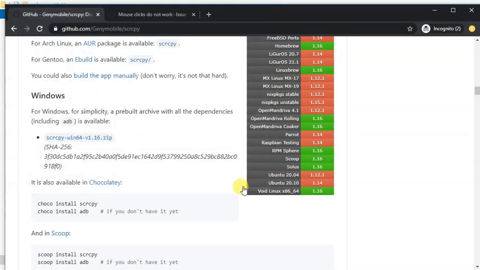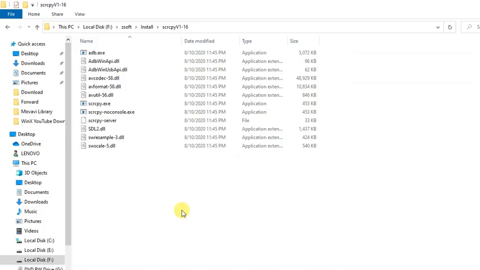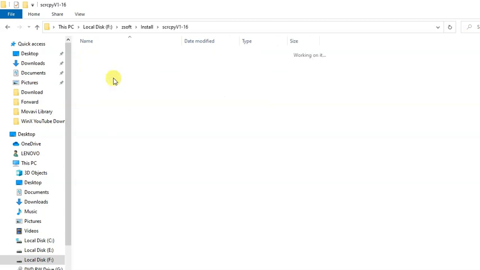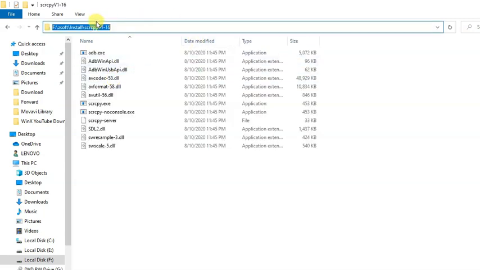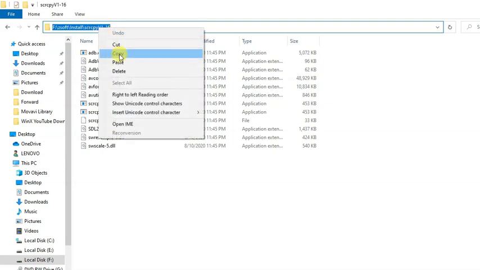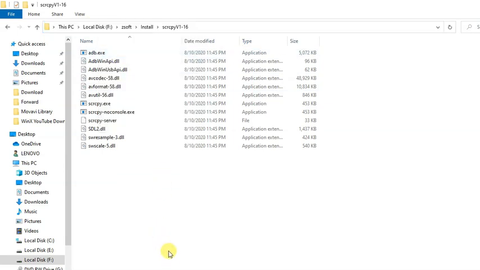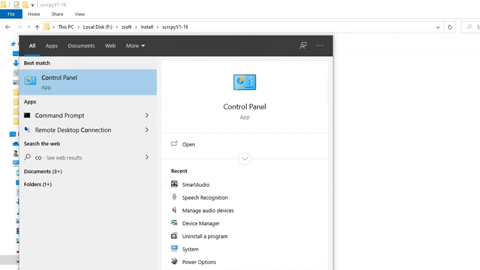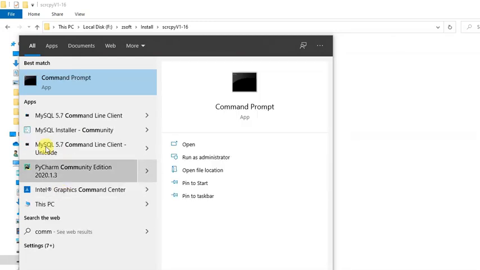I have already downloaded and saved it to a location. This zip file I have extracted here and saved it here. I copy this path and I'm going to open a command prompt in run as administrator mode.